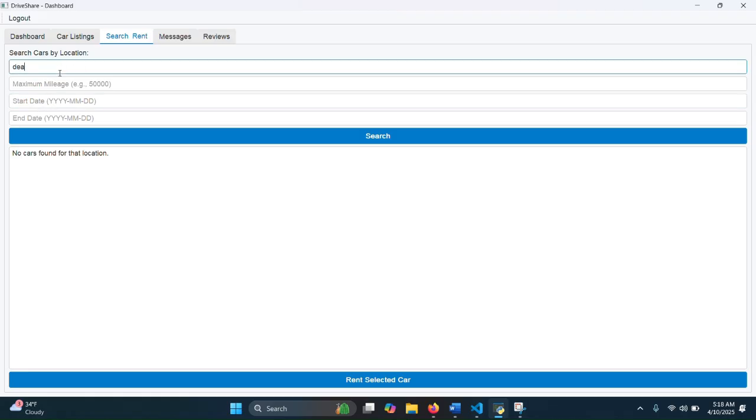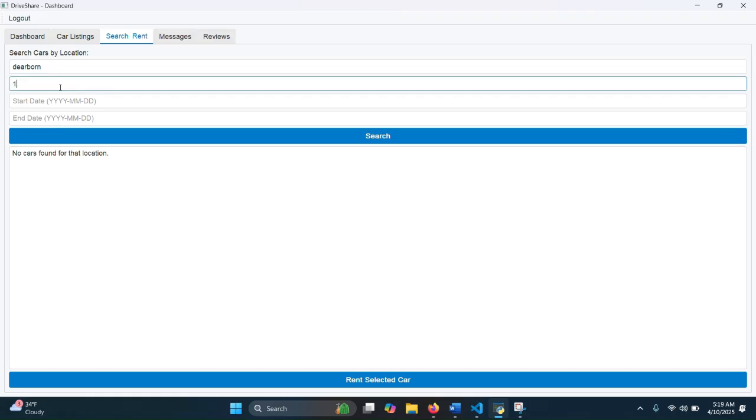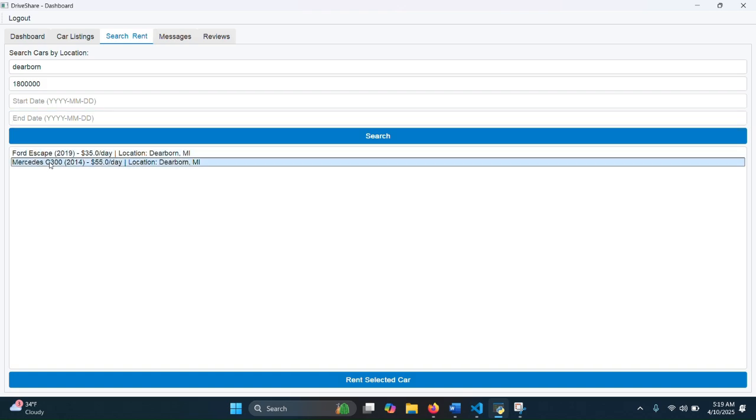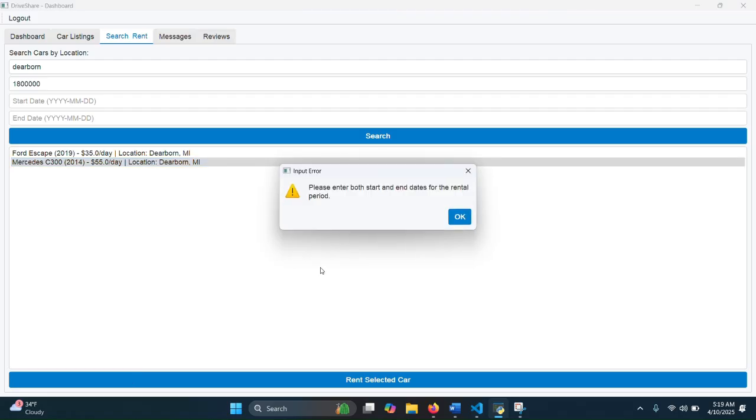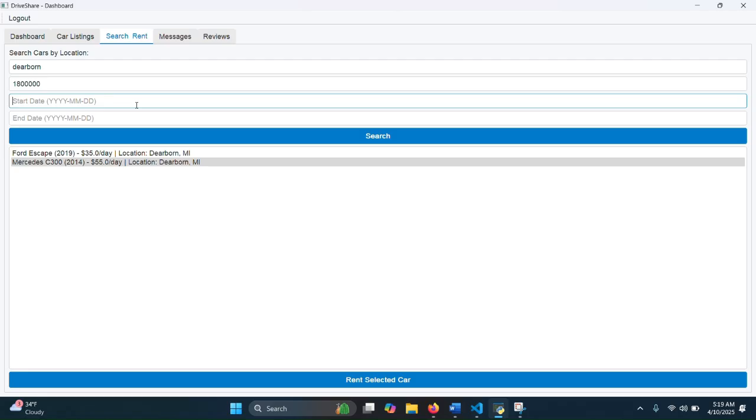And then let's say we actually want to book, so we're gonna look at Dearborn. We're gonna set a maximum mileage. Let's say we want to rent this out, and we press rent select car. So we have to set dates. It has to be a set date for us to be able to rent it. So it tells us the format right here. We're gonna go